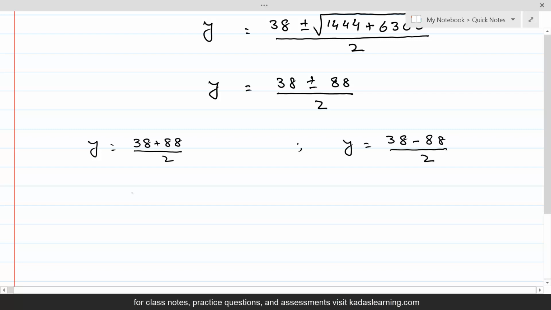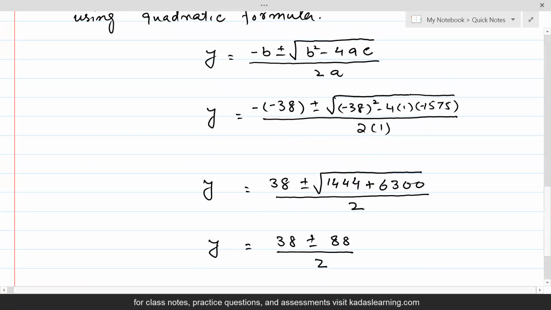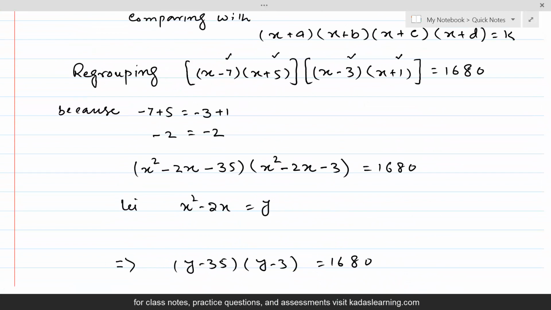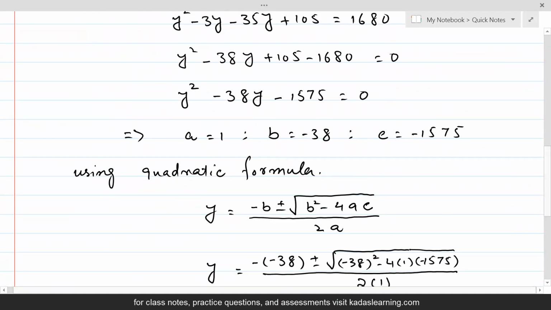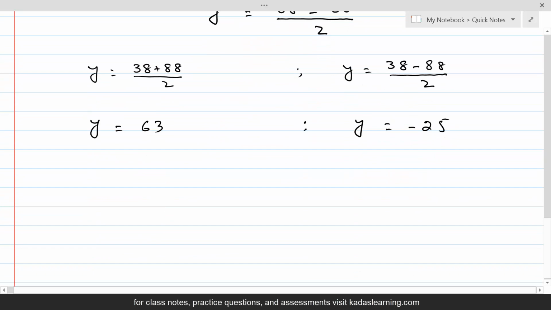So when we add them up, then y will be equal to 63. That is the value for y, and in this case y is equal to minus 25. Let us not forget what y originally was equal to. y was originally equal to x square minus 2x. Therefore, we are going to replace the value of y. So, replacing